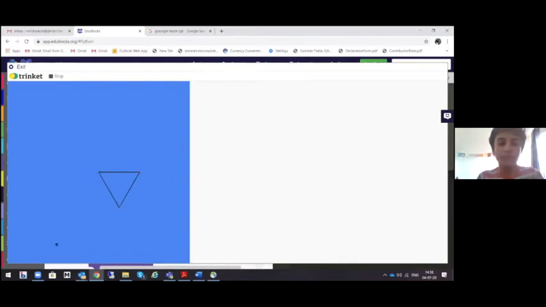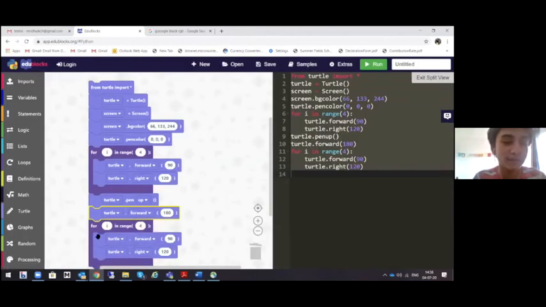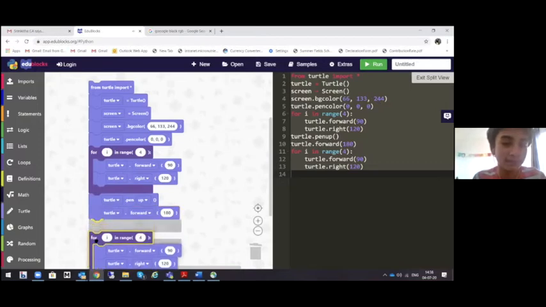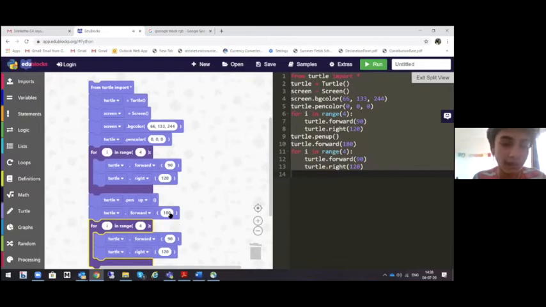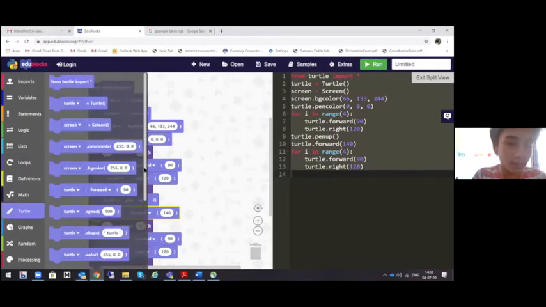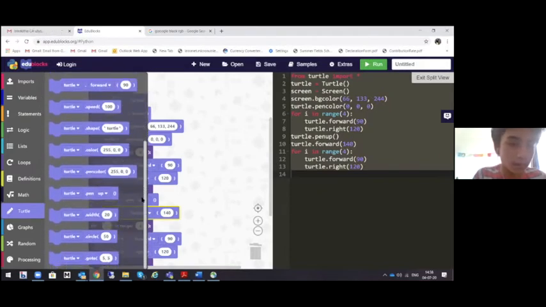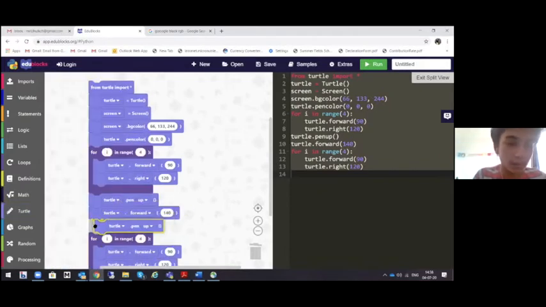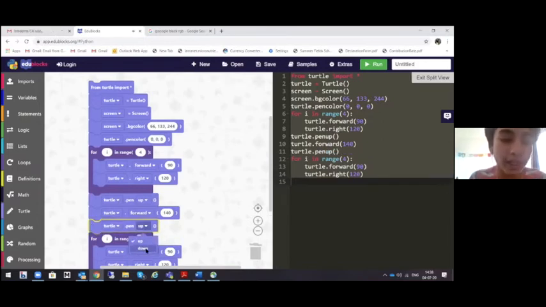Oh, what happened? I forgot to do pen down. Yes. So in the turtle you will find it. Anyways, you can put it in between them. No need to move right now. When you bring the new block, it's going out of the screen, so you can put something less. And I have to put pen down. In turtle, you just have to bring pen up, and pen down is inside this only. So bring it where you want. When you move forward, then pen down.